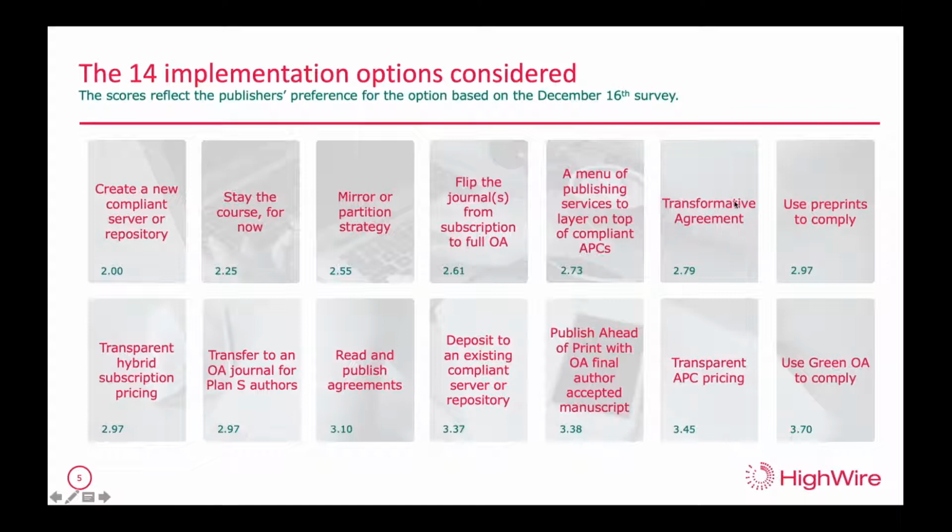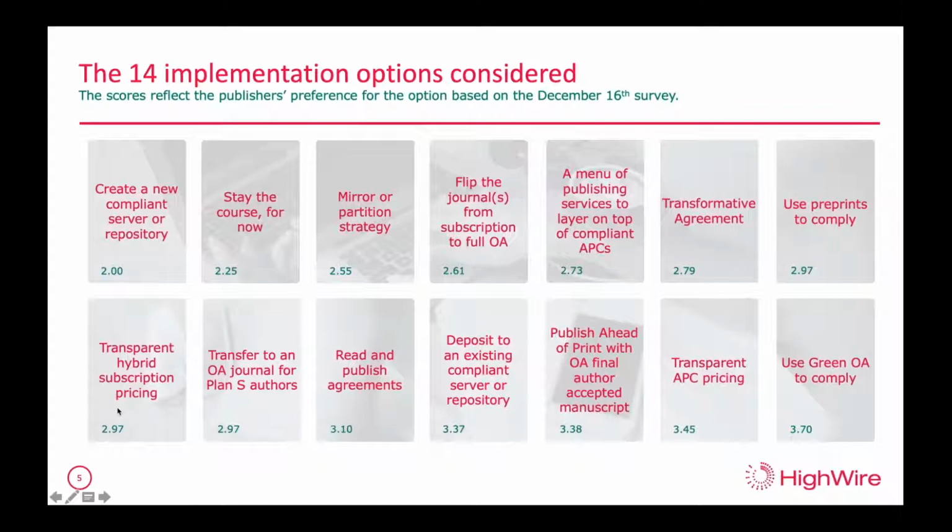Transformative agreements, this is a route for journal compliance in Plan S that's open to hybrid journals, but the hybrid has a fixed term life. Preprints, the question here was, could an author with publisher permission post a preprint of the final accepted manuscript and be compliant, essentially using the preprint server as a repository? Now on the second row,